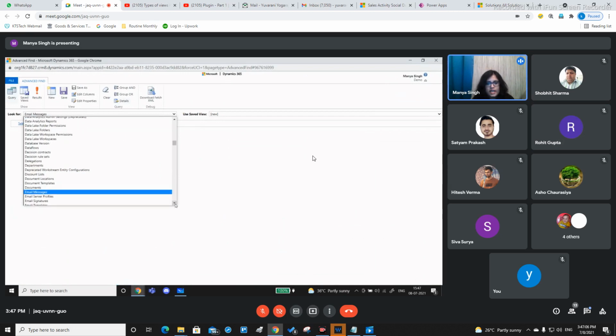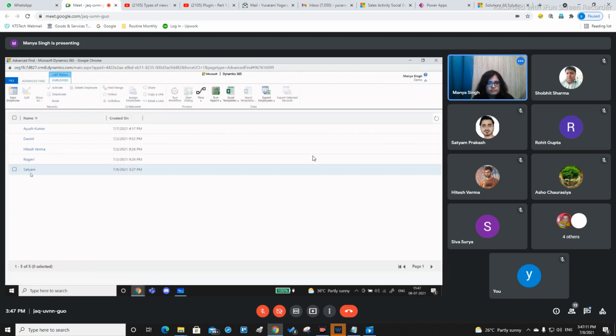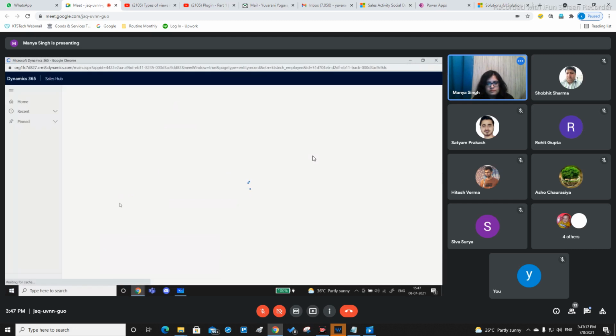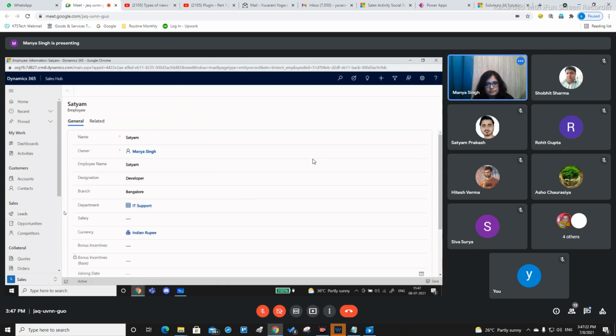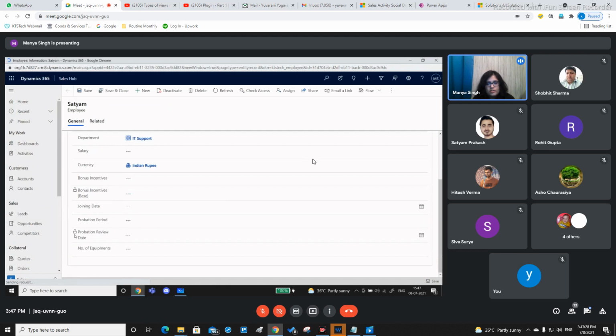Now let us take a look at our employee. As you can see here, there is a small lock symbol next to this particular field. That refers to the fact that it is read only. That means I cannot input any data in this probation review date, because it's a calculated field, and as we discussed earlier, a calculated field is read only.